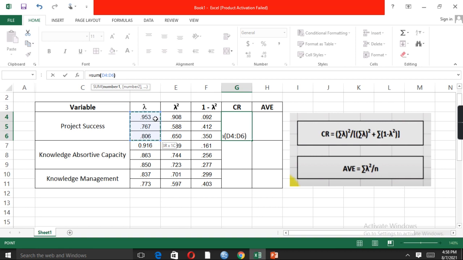Close the bracket. So again we need the value of lambda, so this is the value of lambda. So again we need to multiply it with the value of sum, these three values, close the bracket, and then if we can see the formula,